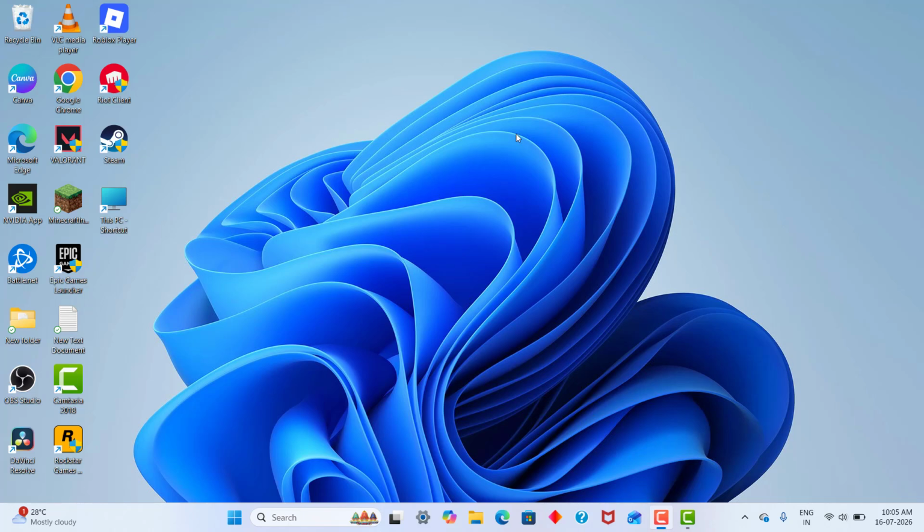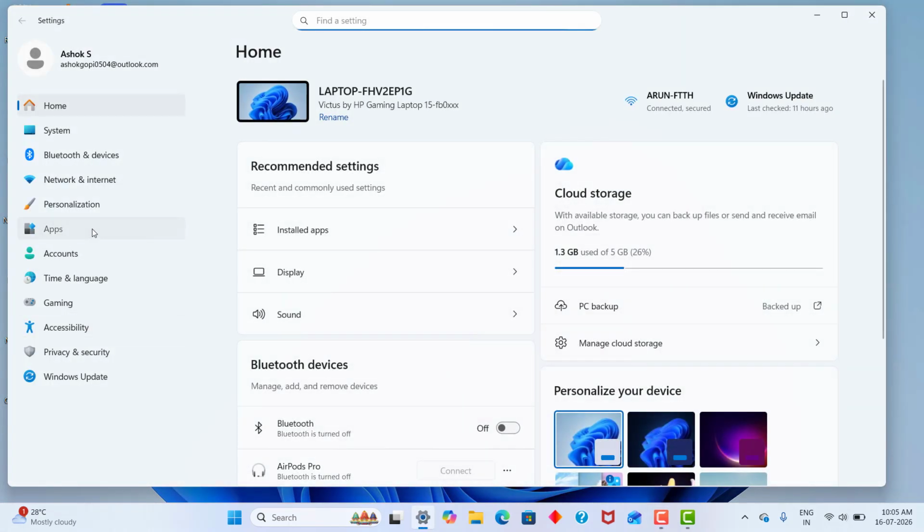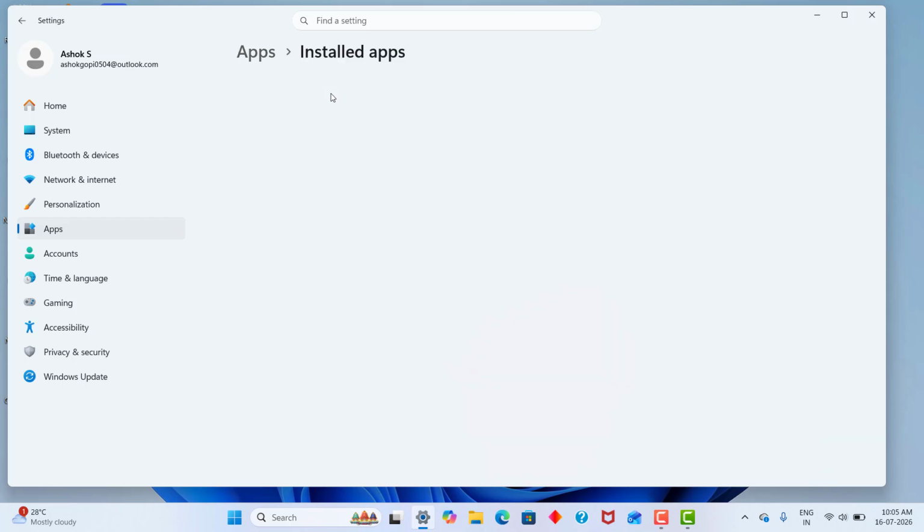How to fix Discord game sdk.dll was not found error. For this first step, open up settings, click app settings, click install app,